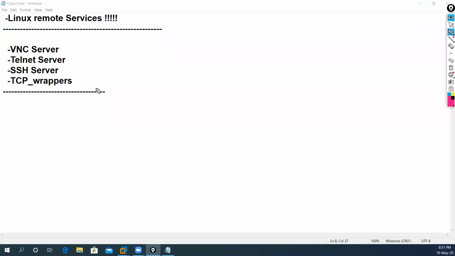Okay, today we are going to cover the topics. The topics are the DNS server and Telnet server and SSH server and finally TCP wrappers. I'm going to try to knock out these four topics,